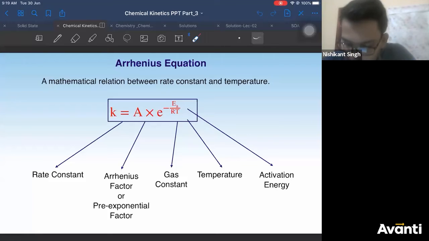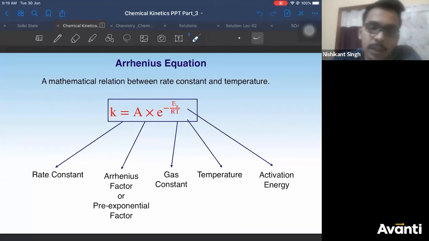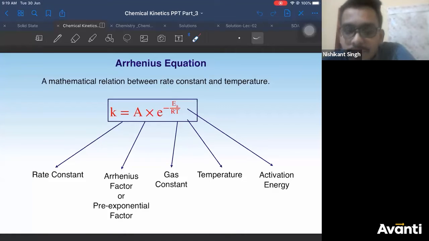So the Arrhenius equation we are starting with. Now, what is the Arrhenius equation? It was used to study the effect of temperature on rate of reaction. Pritesh, we have not done enough concepts yesterday, that's why. We have just done one formula, the 2 to the power n one. That one formula only we have discussed.